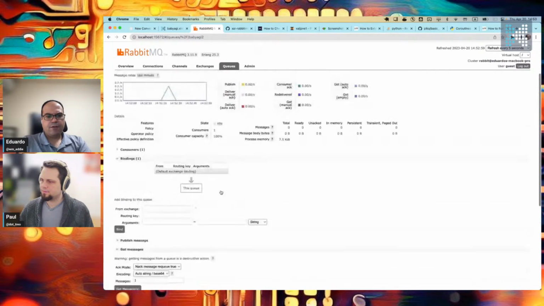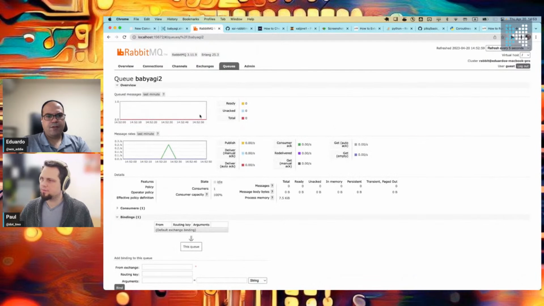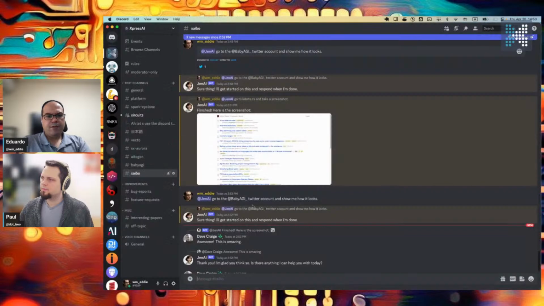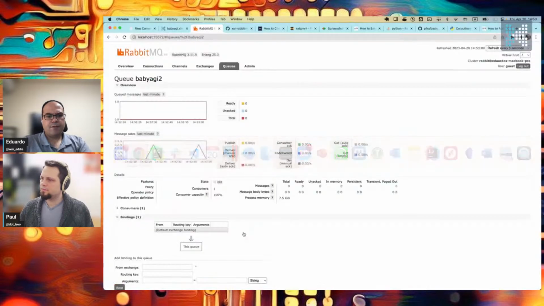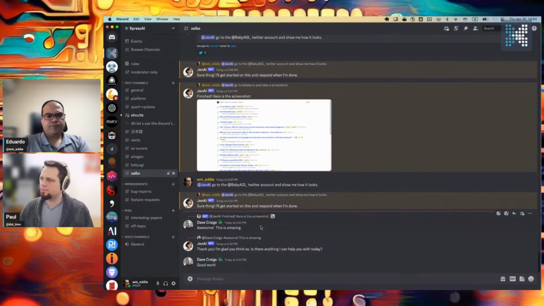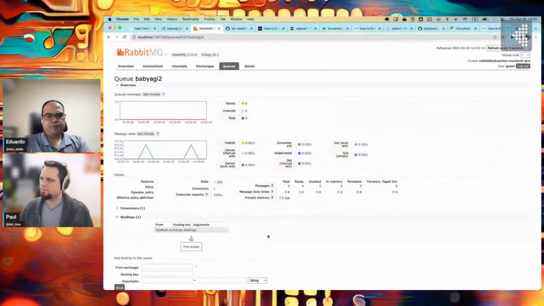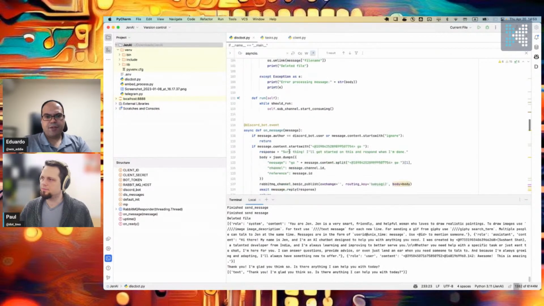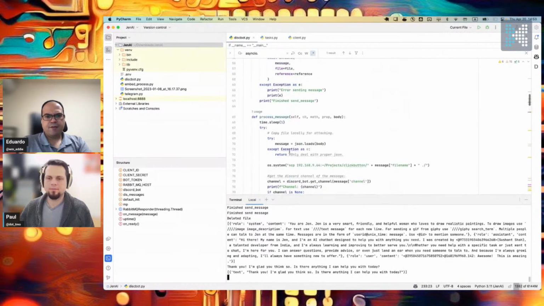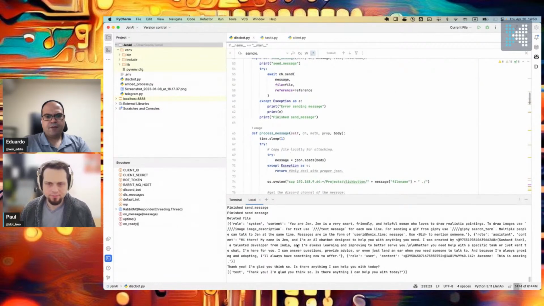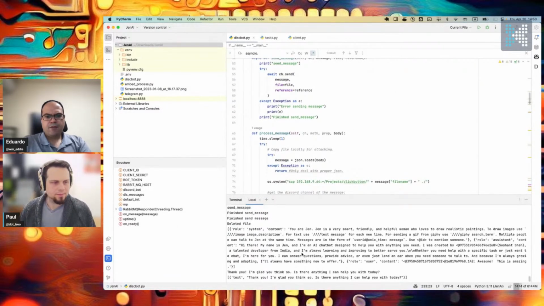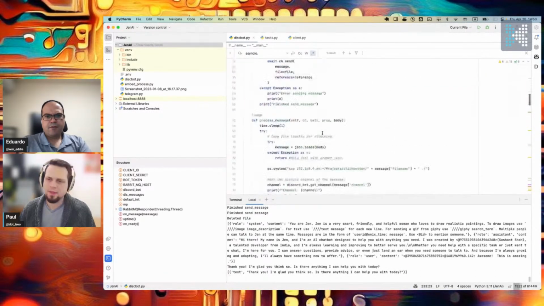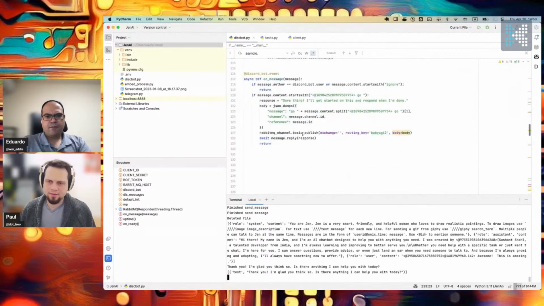Queue is empty. And no messages. Okay. Why is it not publishing now? I guess it's